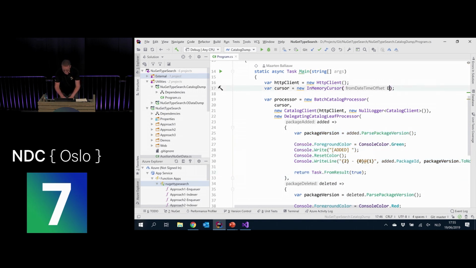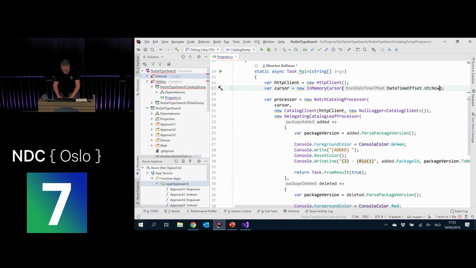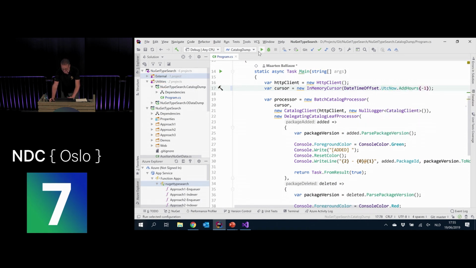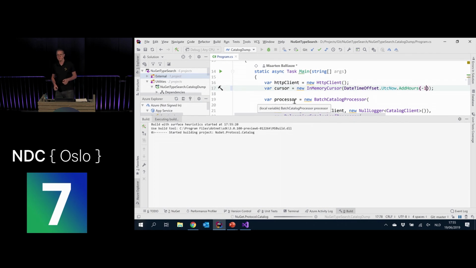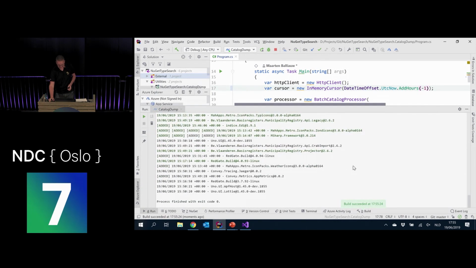So let's say we want to fetch the packages from the last hour on NuGet. We can do that and say, okay, give me the last 1 hour on NuGet. If we would run this, you would see nothing will happen for a while because we are reading that index page and all of those catalog leaves that are available. But at some point, you will see that we start outputting all the package IDs and package versions from the last hour. So really easy to write, but also very fast because it's just downloading JSON from a CDN somewhere